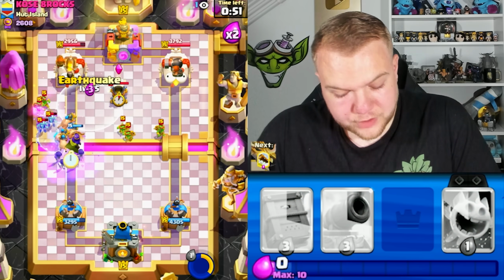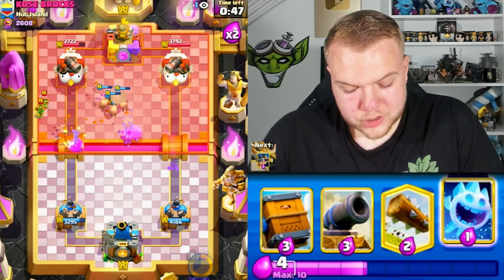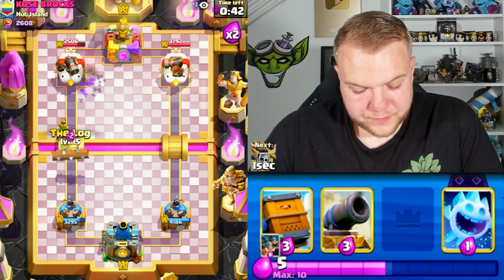Let's go with the Evil Skeletons, and let's go with Earthquake. I don't think he's back to arrows yet, or is he? Okay, he is back to arrows, so he is able to deal with the Evil Skeletons, but the Royal Hawks are still able to connect for a little bit of damage,